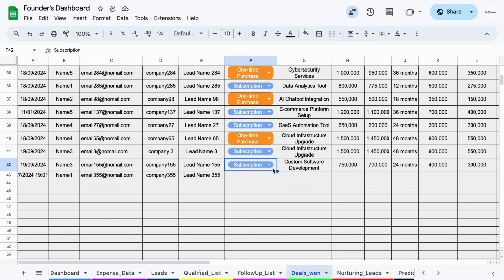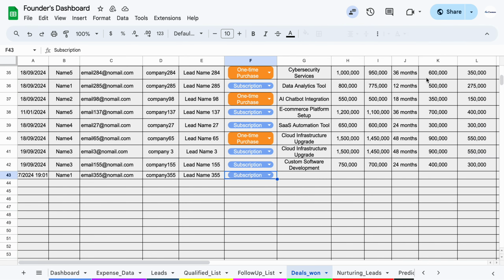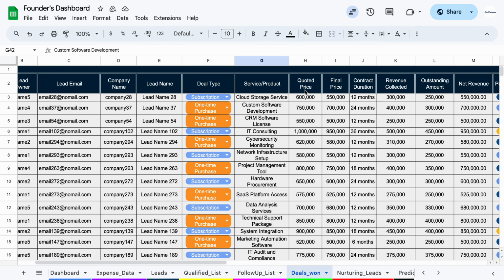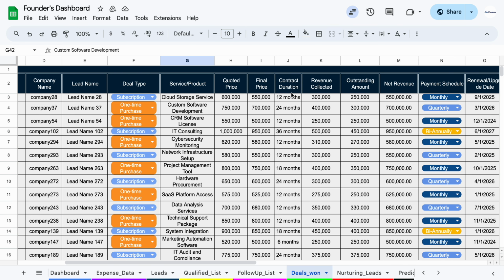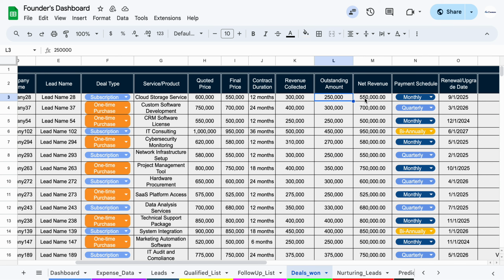You just have to copy the above one, mention whether it is one-time purchase or subscription, and you can keep adding whatever the type of the sales you have. And then you can just update the service product, other prices like quoted price, final price, contract duration, revenue collected, and outstanding amount. For example, if it is 6 lakh and the final price is 550, and if you have collected this amount, it will show you here the remaining amount, and the net revenue is